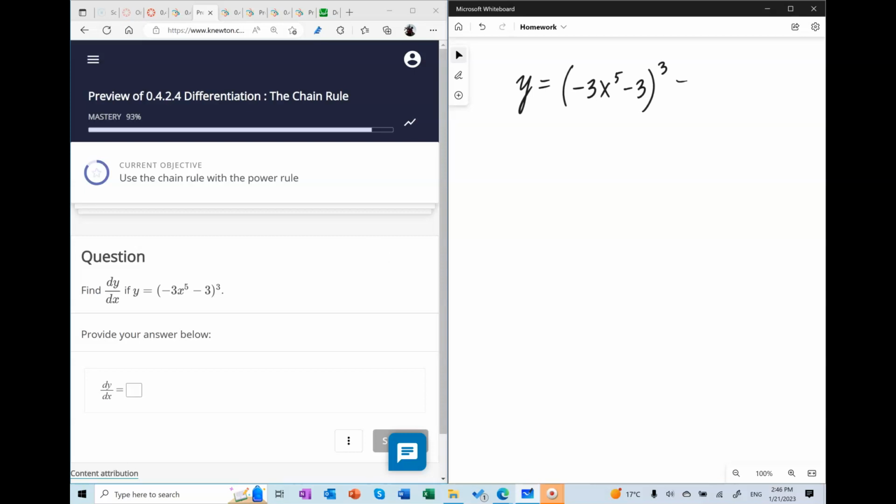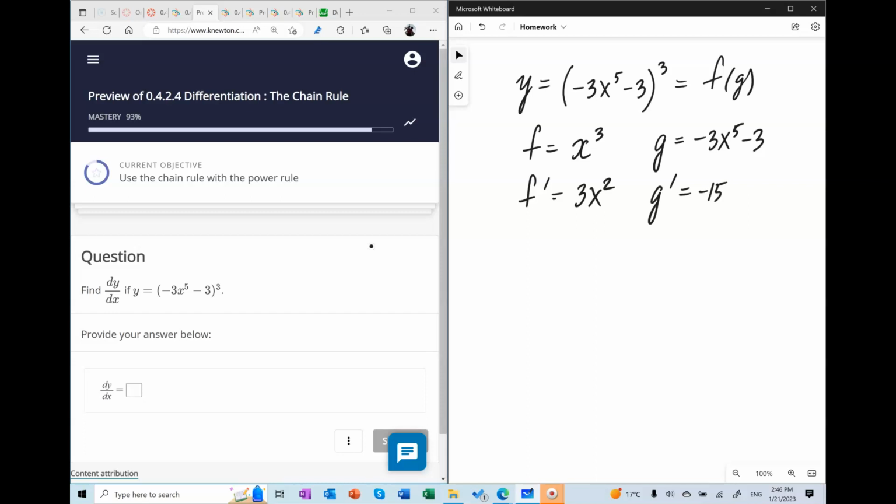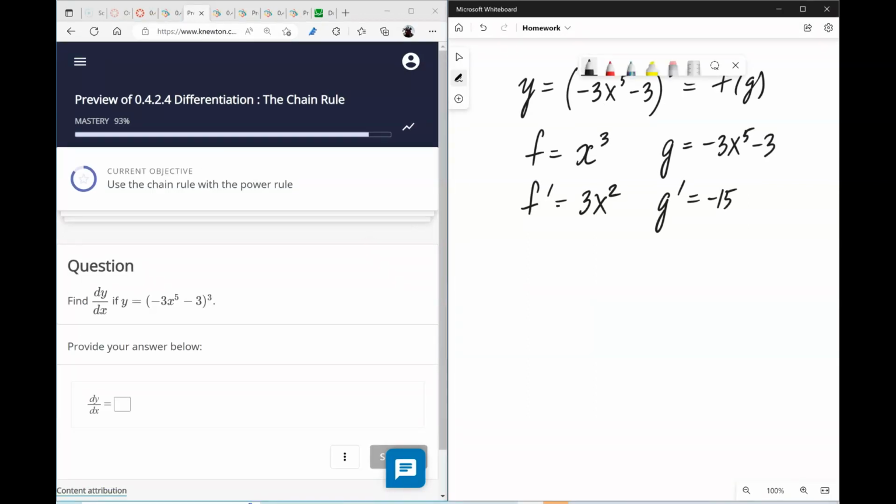And again, if we're going to write this as a composition of two functions, the outer function is the cubing, and the inner function is the polynomial. And to find the chain rule, we need these ingredients. And putting it all together gives us